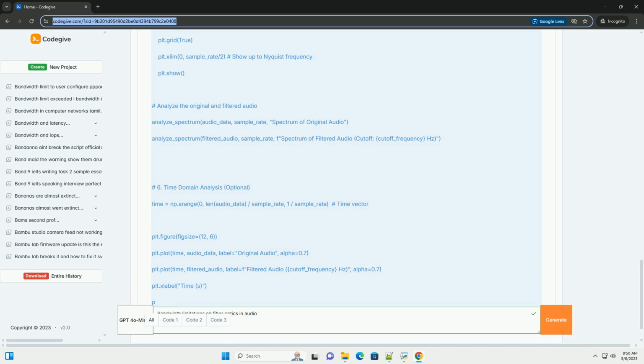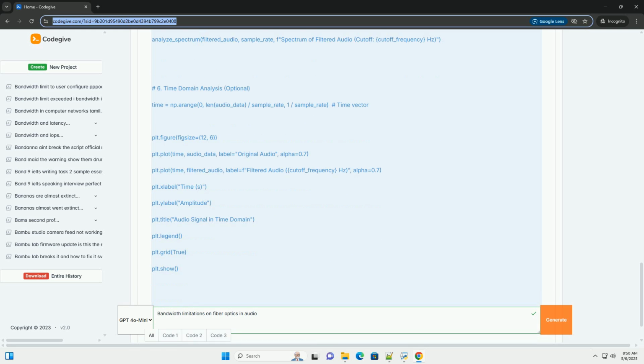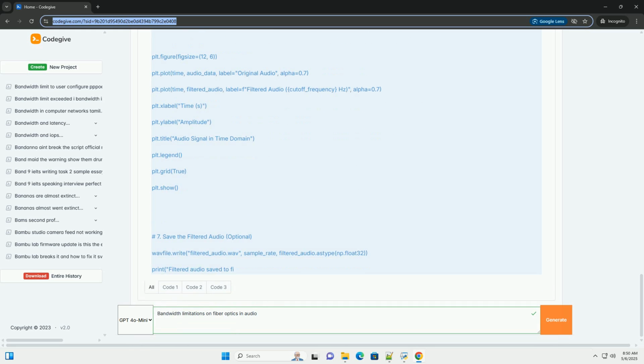2. Bandwidth concepts, a refresher on bandwidth and its relationship to audio signal quality. 3. Key limiting factors, a detailed explanation of the factors that limit bandwidth in fiber optic audio systems, including fiber type, multi-mode versus single mode,